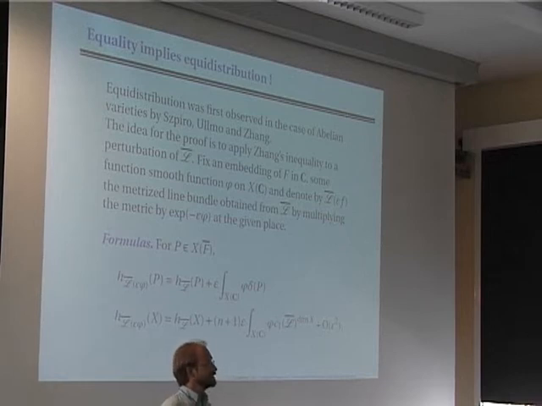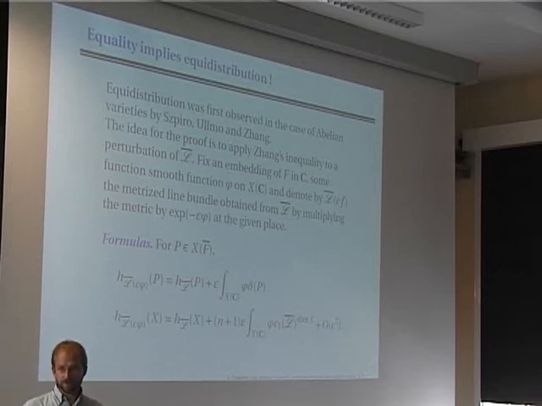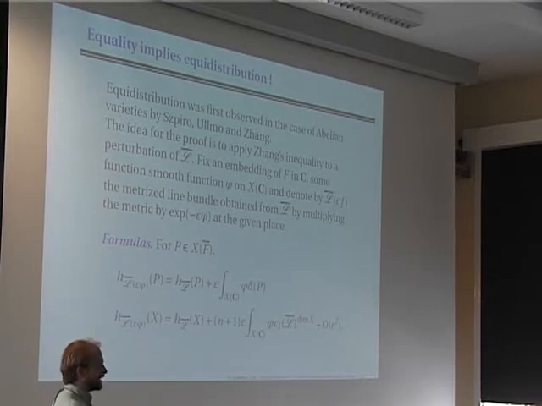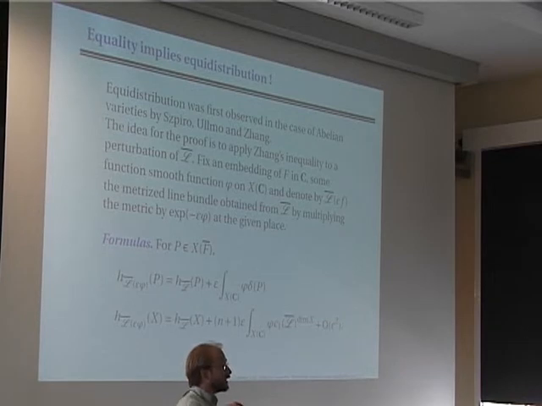abelian varieties. There they observed this equidistribution phenomenon, and their proof was given for abelian varieties, but it was clear that it extended to something fairly general. The idea for the proof is to apply Zhang's inequality to small perturbations of the line model L bar. So you pick a function phi on X, on the complex space of X, because you're interested in